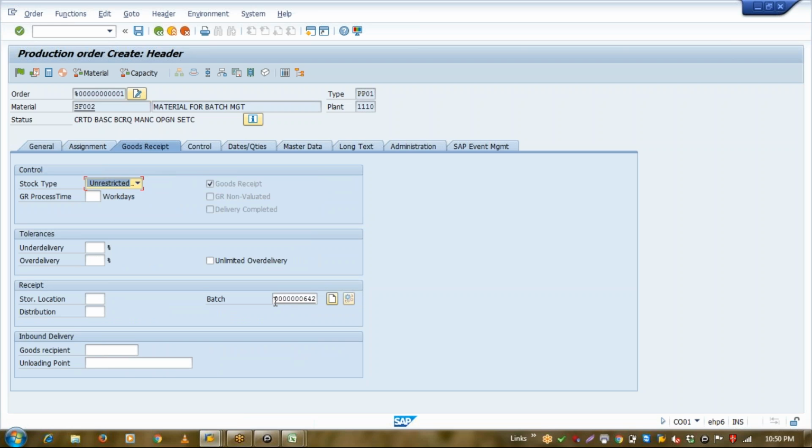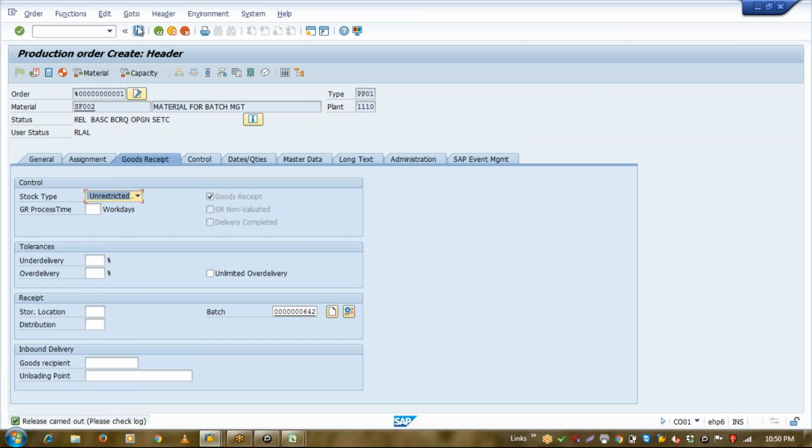See, this number the system automatically created, a new batch number, because we said that the batch number should be created at the time of order creation. Okay, the system automatically generated this batch number here. Now if I release this order and save this order,